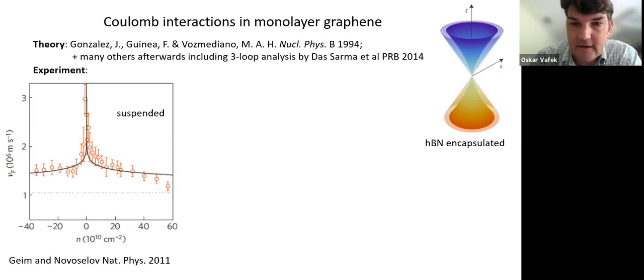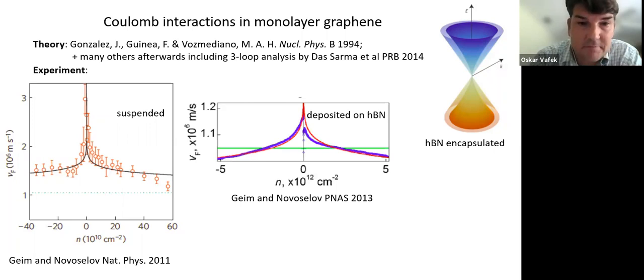Now, this effect has been subsequently observed by Geim and Novoselov. So this is the data on the dependence of the Fermi velocity as extracted from the Shubnikov-de Haas oscillations as a function of the density. So one should be thinking about the density here as giving rise to a cutoff to this log renormalization of the Fermi velocity. And they saw in the suspended samples rather large enhancement of the Fermi velocity. On the samples deposited on the hexagonal boron nitride, the enhancement was smaller, but still quite sizable